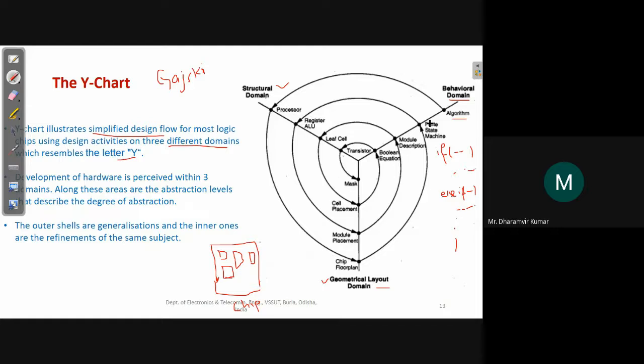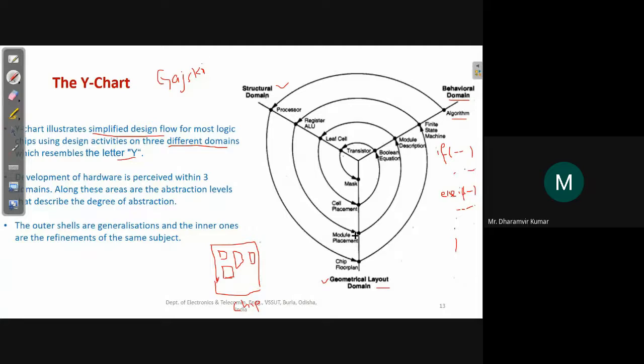Then parallel to this, in the structural domain we have the register and ALU. ALU stands for arithmetic logic unit. Registers are there for storing data. And for this we have module placement, because a chip is a large thing.